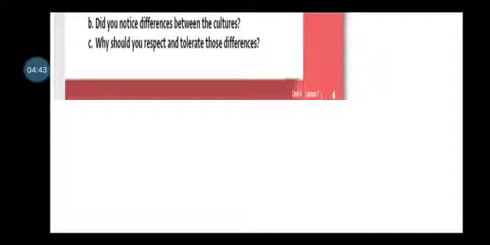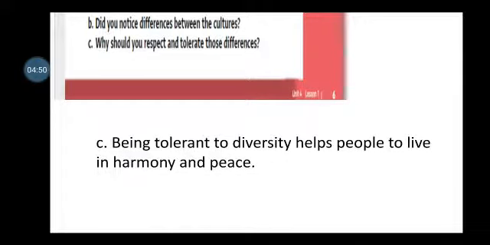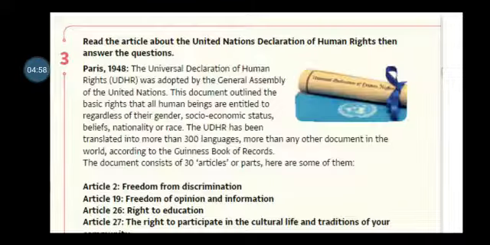Why should we respect and tolerate the differences between us and the other people? Because being tolerant helps us to live in harmony and peace. Of course,